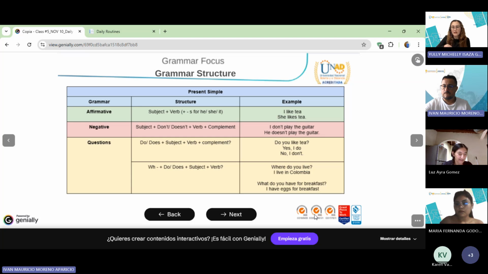Another option can be, for example, does she like tea? Does she like tea? ¿A ella le gusta el té? So you can say, yes, she does, because it's starting with does. Me están preguntando con does, so we have to repeat that. Yes, she does, and no, she doesn't. Okay? Con lo que me preguntan, respondo. It's impossible, for example, to say, does she like tea? Yes, she do. No, because in grammar structure it is incorrect. Yes, she does. It depends on the subject. I'm going to answer the question.